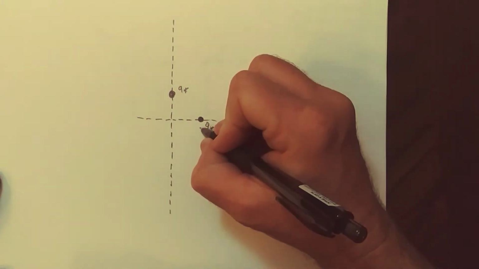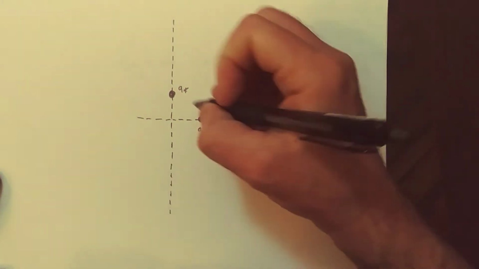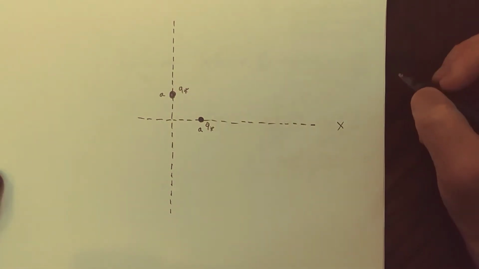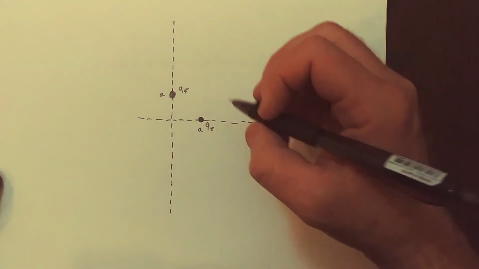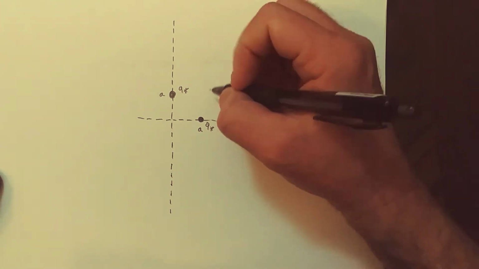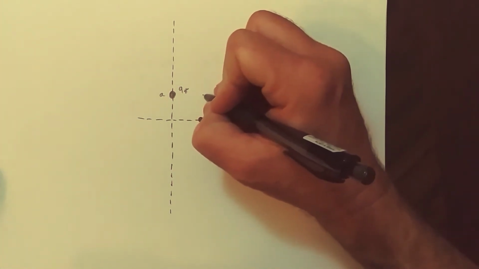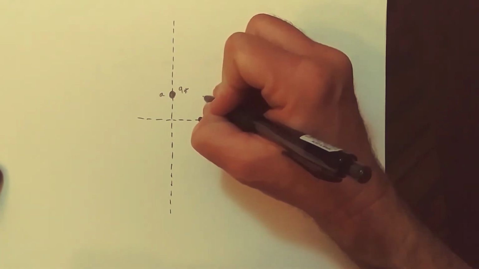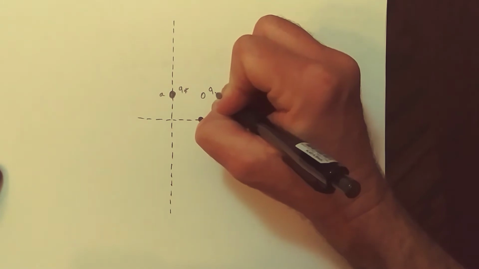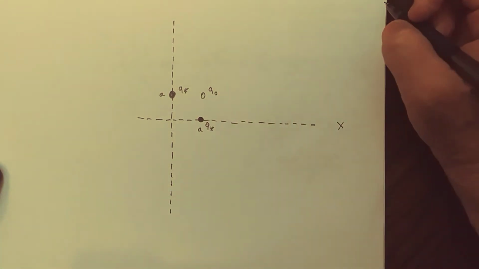This one's at x equals a, and this one's at y equals a. And we'll place a particle, maybe for simplicity, over here of charge q naught, and these are all positively